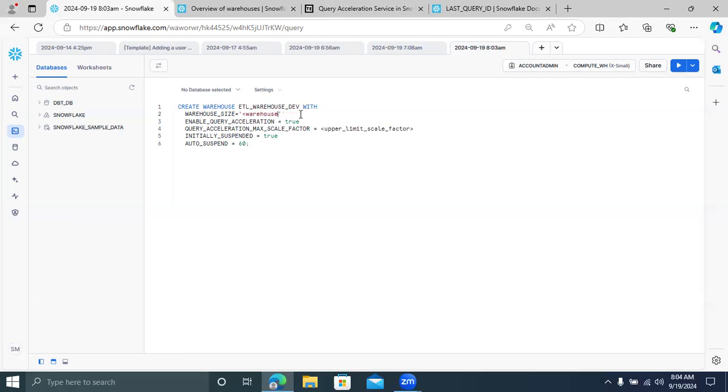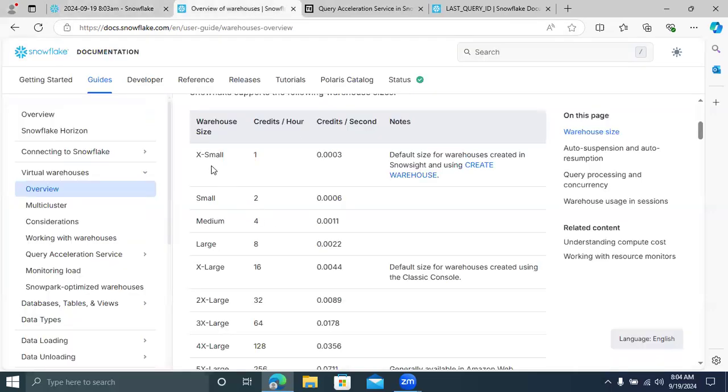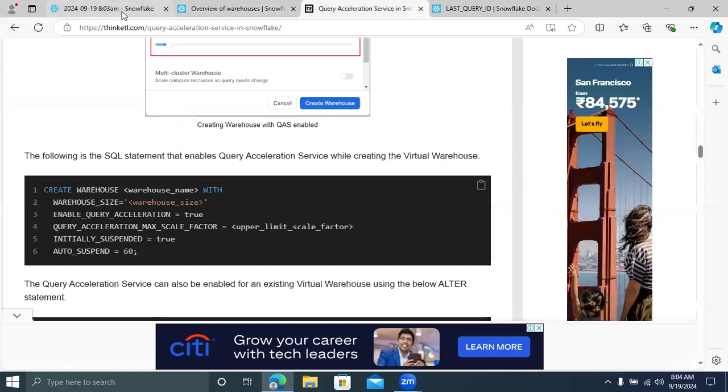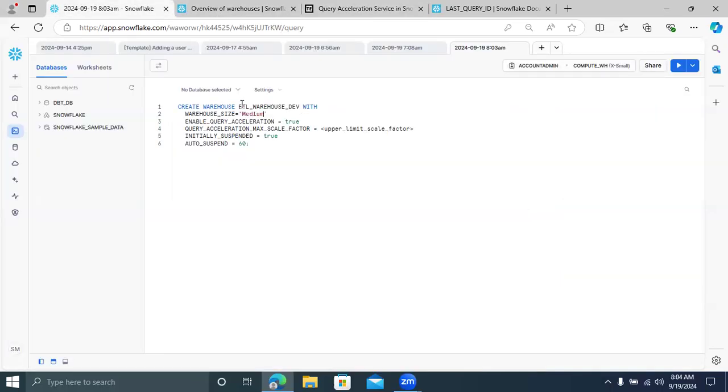Then for the warehouse size, we have documentation, and from that we can pick the warehouse size. You can go here and get X-Small. What I'm going to do is take a medium warehouse, and then enable query acceleration service.